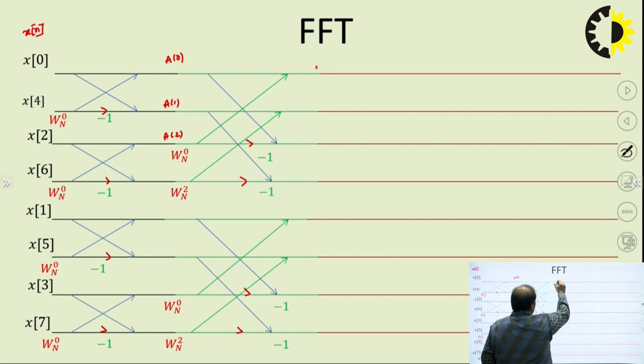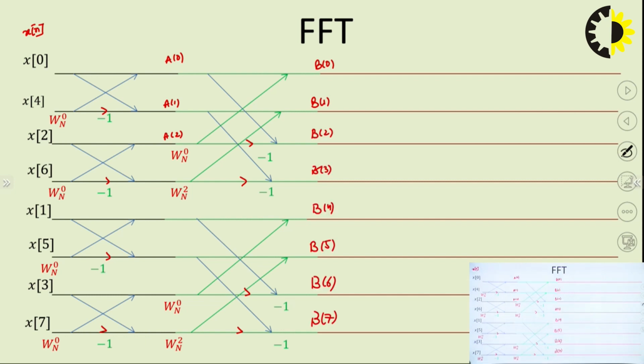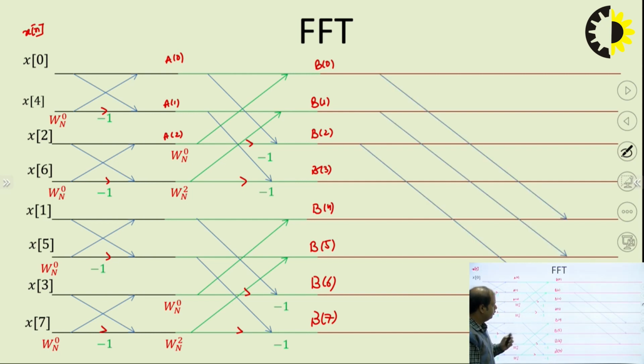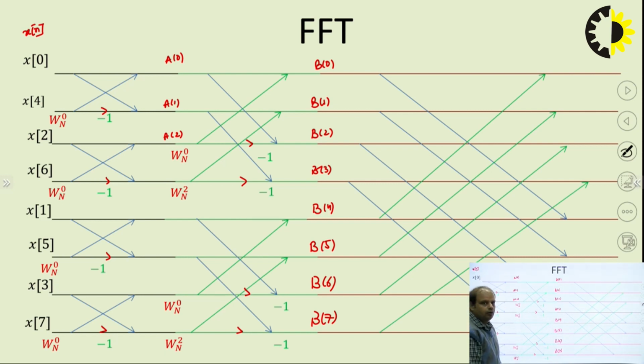This is b of 0, suppose this is b of 1. So in this case, b0 will be connected to b4. Similarly, b1 will be connected to b5, b2 will be connected to b6, and b3 will be connected to b7. And reciprocal connections will also be there. That means b4 will be connected to b0, b5 will be connected to b1, b6 will be connected to b2, b7 will be connected to b3, and the last 4